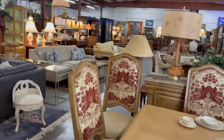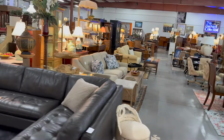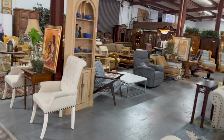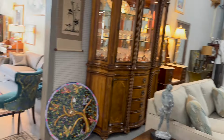Now, if you look in here, there are always a few hundred pieces of furniture on the floor, and this is pretty typical. My cousin Ronnie, Randy's dad, has passed away now, but he was the one that introduced me to buying in South Florida. He got me started buying down here, not only in this area in DeLand and Daytona, but all the way down to Miami and West Palm and Lauderdale. And our